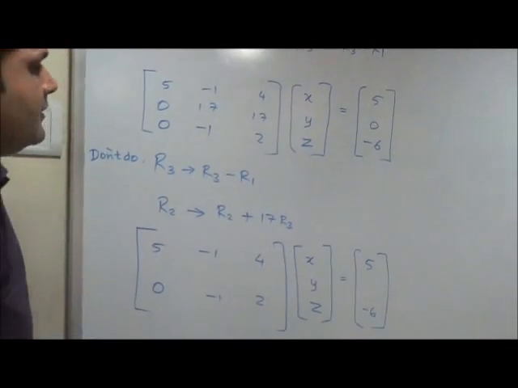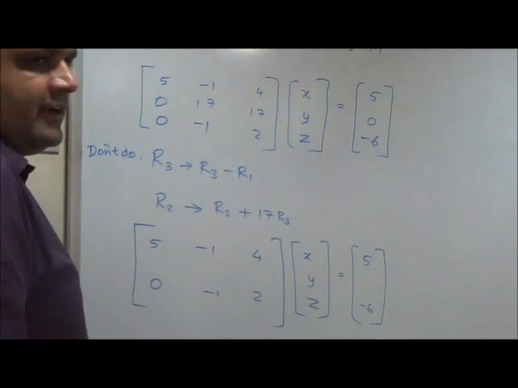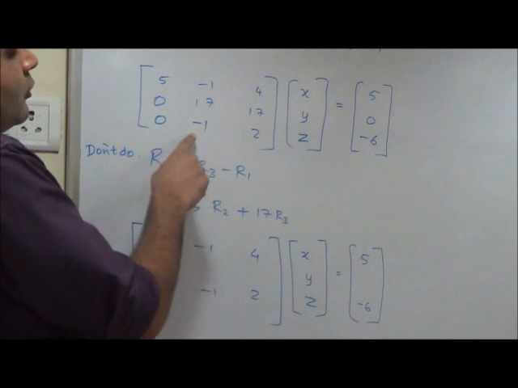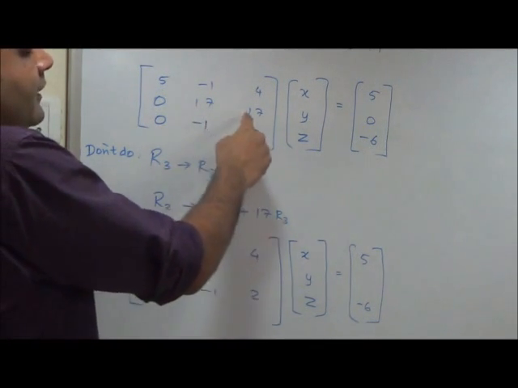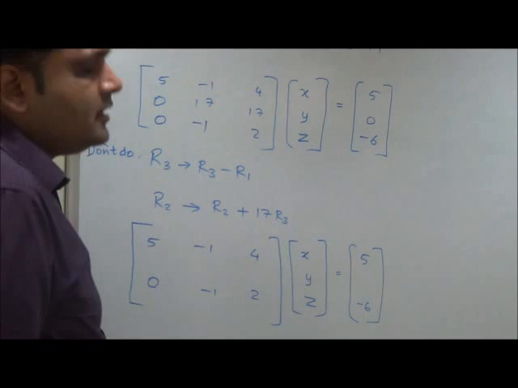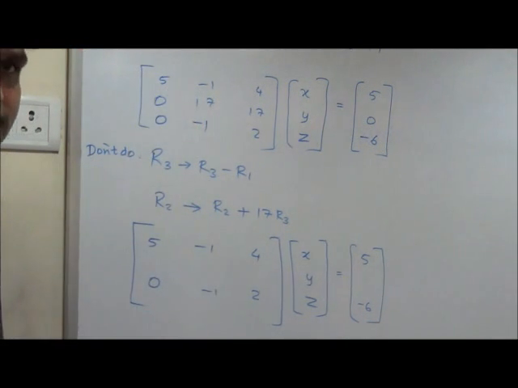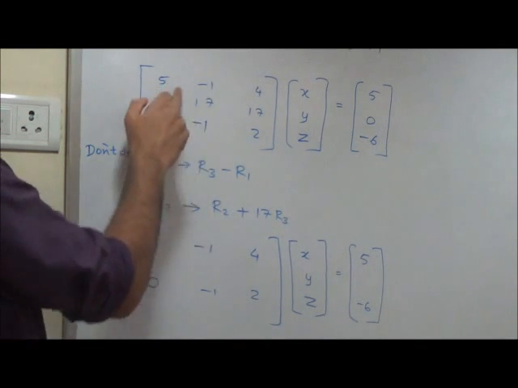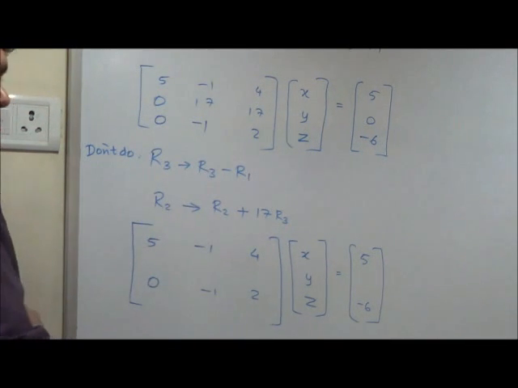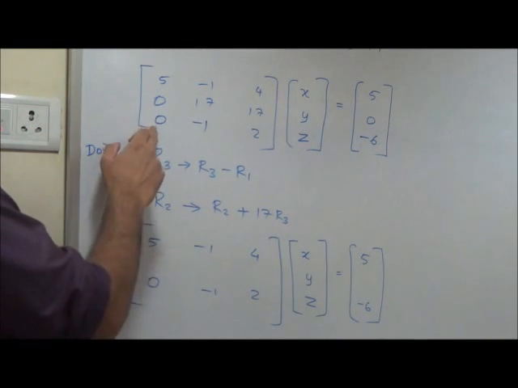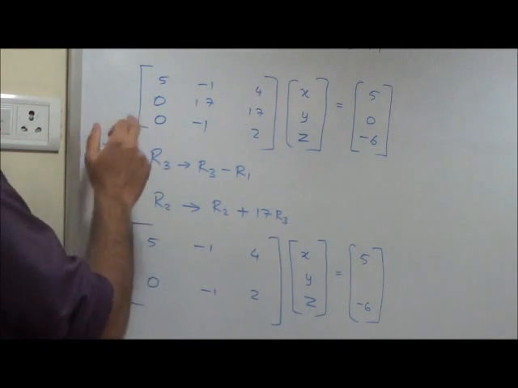Everybody, please observe. This was the matrix that we arrived at after the earlier transformation. Now we need to get one more 0. One more 0 could be obtained either here or here or here or here. Anywhere would do. I could get a 0 out here. If you observe, this is minus 1, this is minus 1. Minus 1 minus minus 1, minus 1 plus 1 would give me a 0. For that, the transformation would be R3 becomes R3 minus R1. Correct or not? But there is a potential problem. If I do this minus this, I get a 0. But 0 minus 5, here minus 5 will come. This 0 will get damaged.